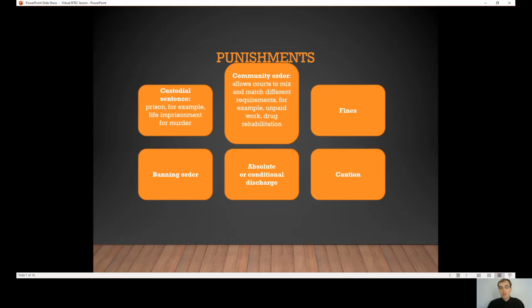The last 2 punishments we thought of were discharges and cautions. And these are used more often as warnings to people who have broken the law but don't really need any further punishment. That doesn't mean they're going to go unpunished in the future. If you've already got a discharge or a caution on your record and you get caught doing another crime, that previous action will then be counted against you going forward. It does depend a little bit on the situation, but they're used more as a warning. So this time you don't need a big punishment, but next time, if it happens again, you might need further